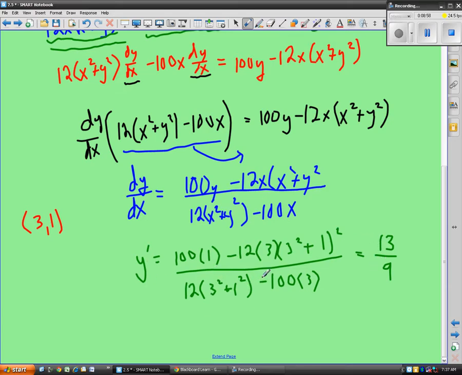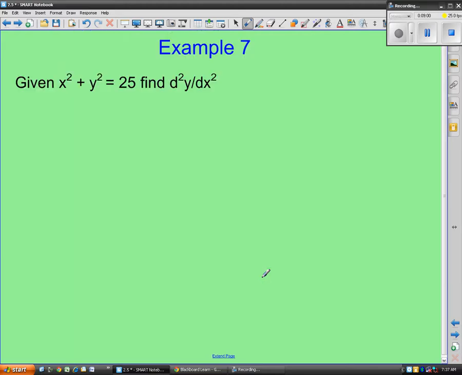Moving on to the next one, we're asked to find the second derivative of this function, and this is where it gets a little tricky, but this is our function. So first thing I'm going to do is go through and say, okay, power rule: 2x plus 2y dy/dx, because I differentiated a y, not an x,